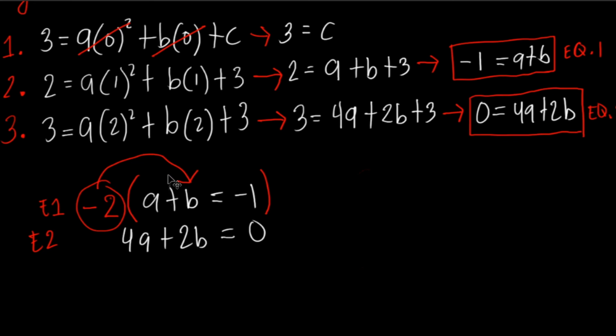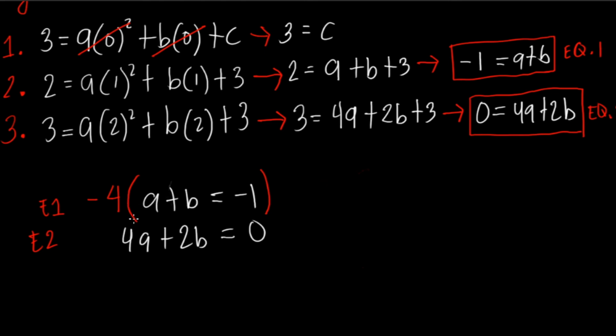Okay? So, bago natin gawin yan, papakita ko sa inyo kung paano kapag si A. Yung ilalim, 4A. Yung taas, A lang. So, para maging magkaparehas, tatimes natin sa 4. Kaso, pag sa 4 natin tinimes, magiging positive 4A. Para mangyari yun, negative 4. Negative 4 times A, magiging negative 4A. And then, negative 4A plus 4A, magiging 0. So, either way, kahit A ang piliin nyo o kaya B, parehas lang ang